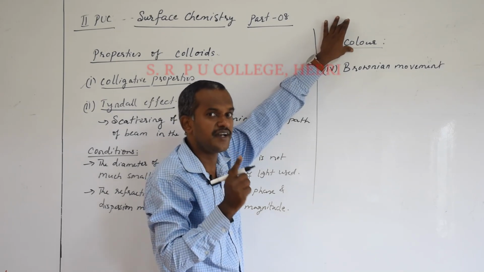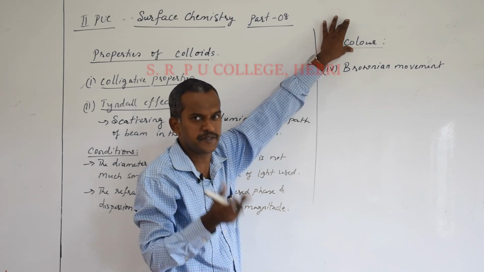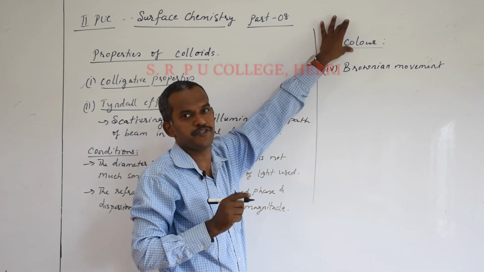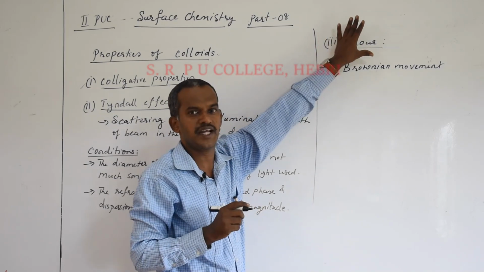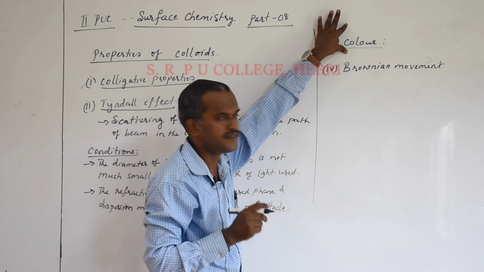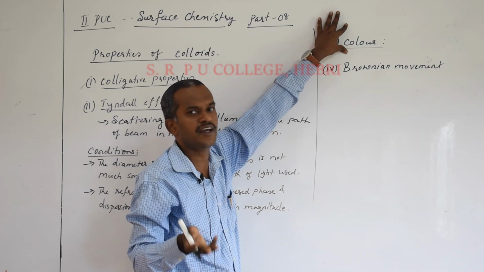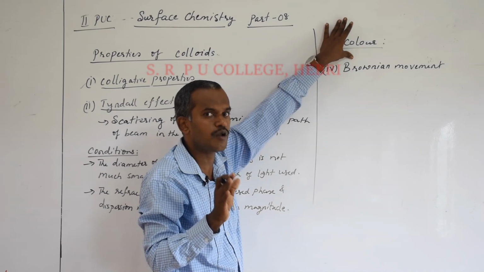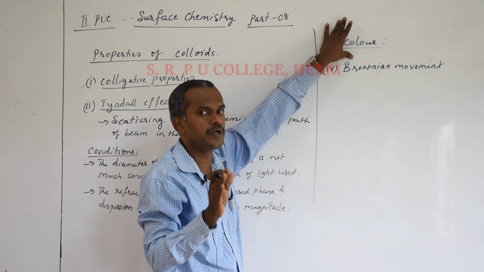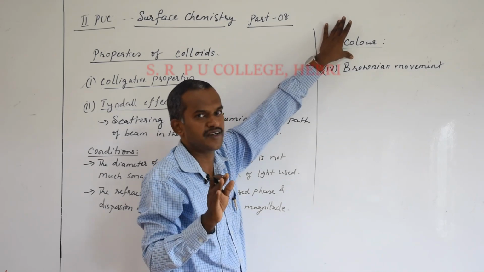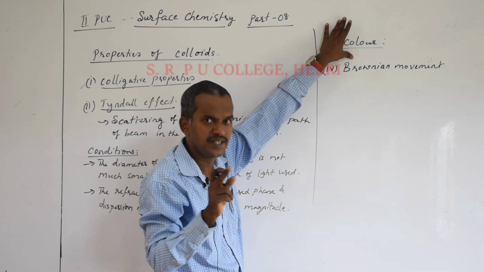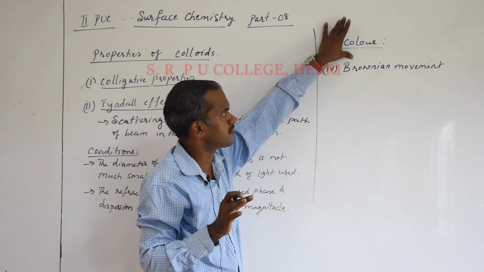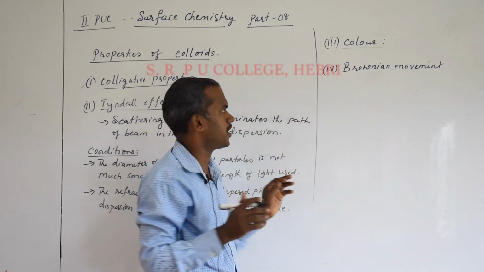The first one, nature of the colloidal particle, that is especially the dispersed phase particle. Second one, the size of the dispersed phase particles, and the third one is the wavelength of the light. So based on that, different colloids will have different colors. Again, you don't need to remember any such examples, but remember, the color of a colloid or a colloidal mixture depends on these three factors: nature of the colloidal particles, size of the colloidal particles, and also the wavelength of the light. So that is simple theory, you can remember.